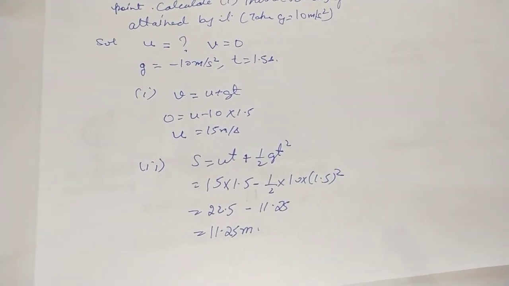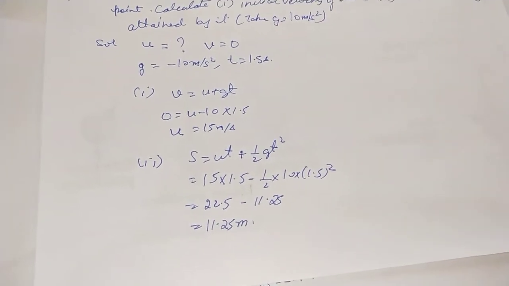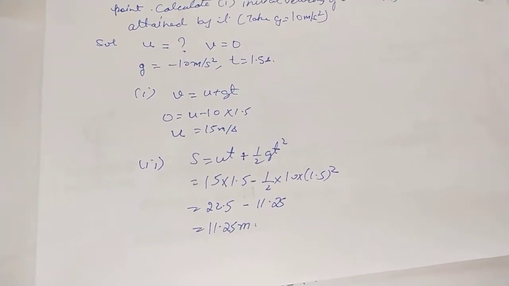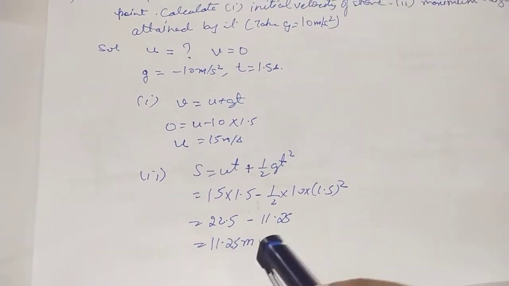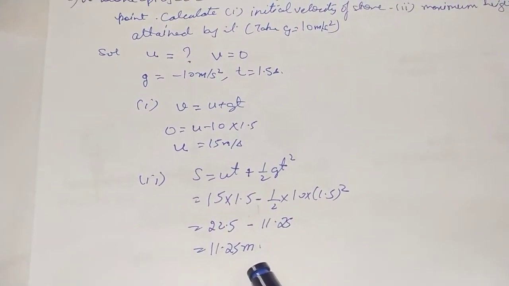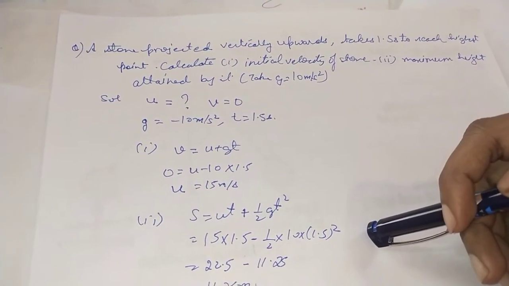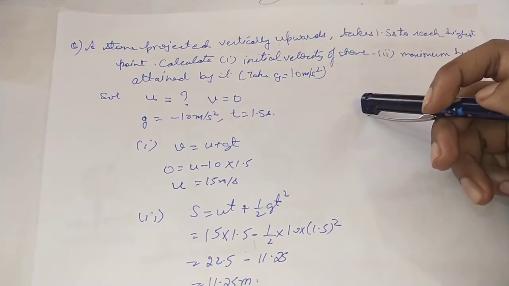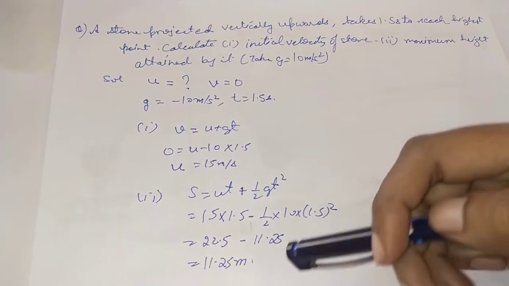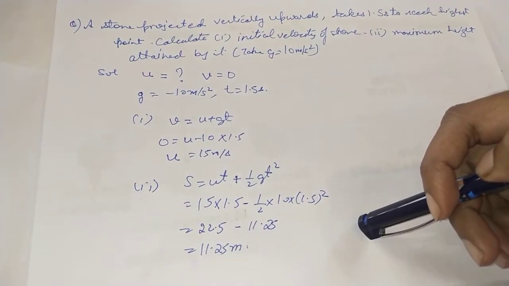You can apply any of the equations, maybe the third one is applicable. It totally depends upon you, whichever one you would like to apply, whichever is easier for you to solve. So substituting the value and simplifying, this is what we obtain: the distance covered in throwing the object with the initial velocity to the highest point that it reaches. And remember, the same will be the distance traveled when it comes down.